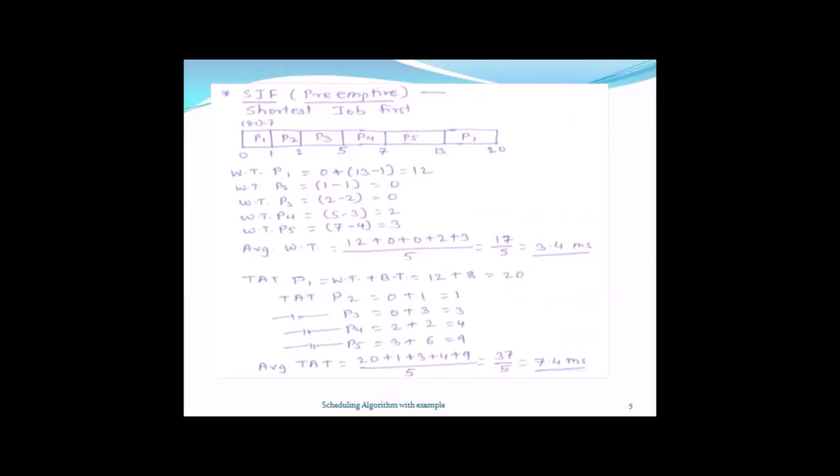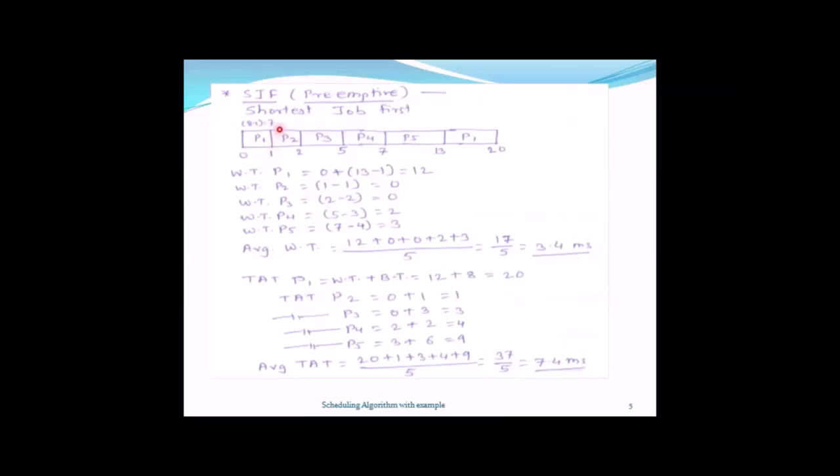In preemptive SJF, if a newly arrived process has a small burst time as compared to the currently executing process, then the currently executing process gets preempted. So in the given problem, at 0 process P1 arrives, so immediately process P1 is scheduled, but at 1 process P2 arrives. Now in this case, as it is preemptive SJF, process P1 gets preempted because